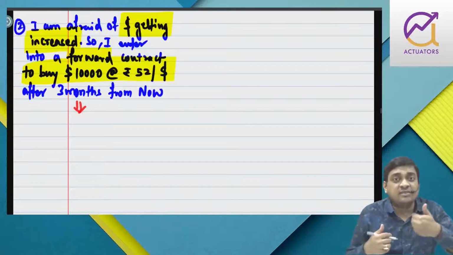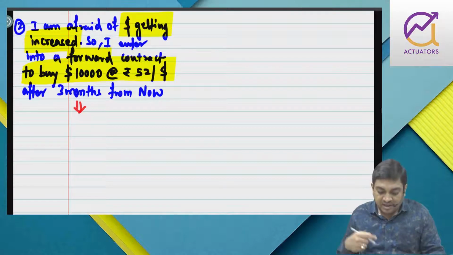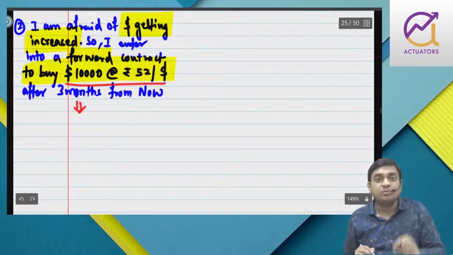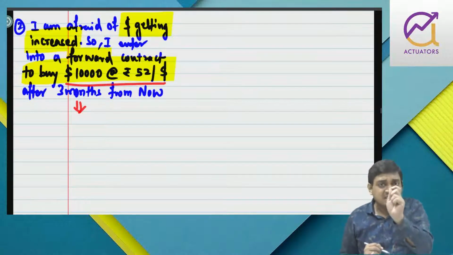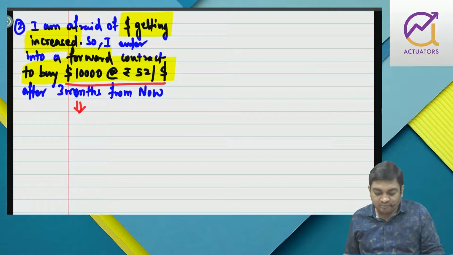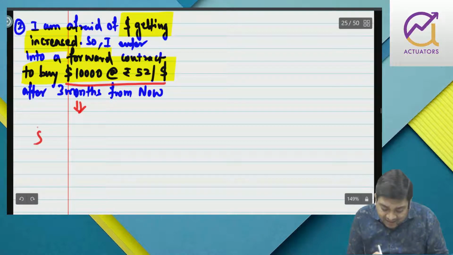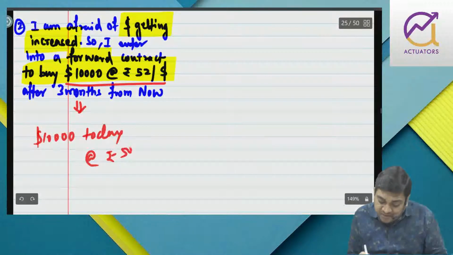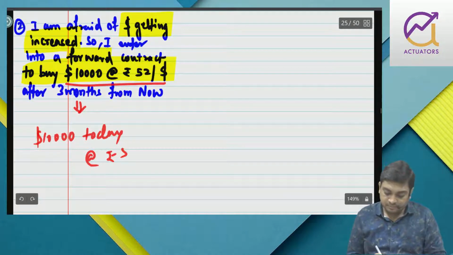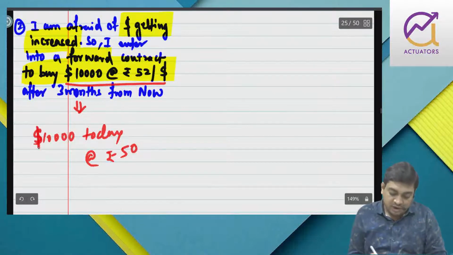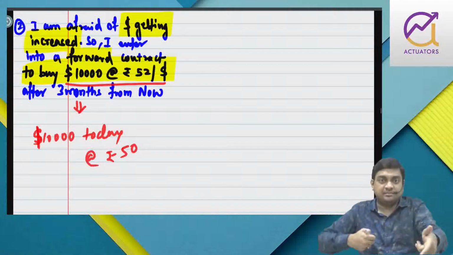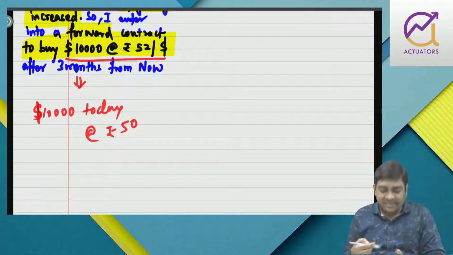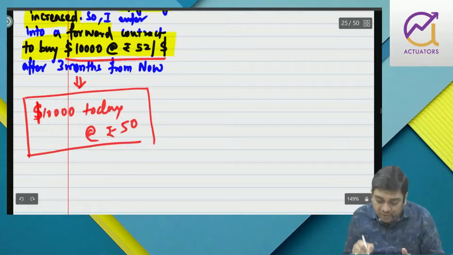Now if you are studying finance, derivatives, many will say, sir, why are you making a contract to buy at 52 per dollar? Just understand, this is there in your CA final. Why can't you buy $10,000 today at the rate of rupees 50? Because if I compare this 50 to initially, you will see that I am incurring a loss of 2 per dollar.